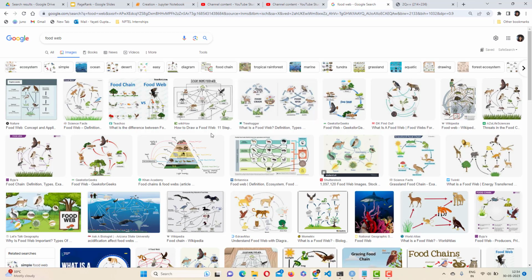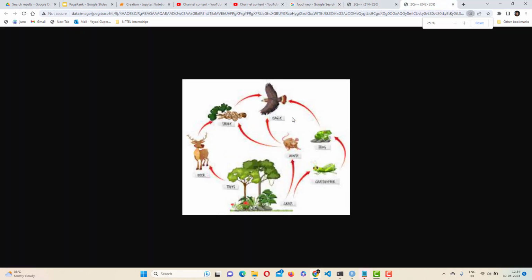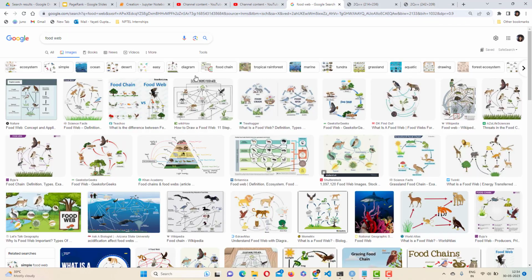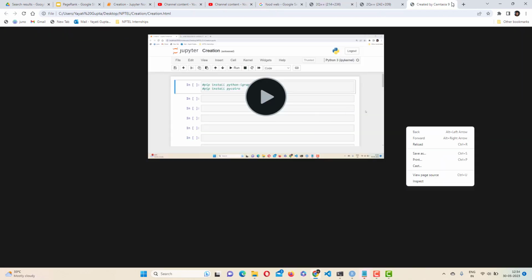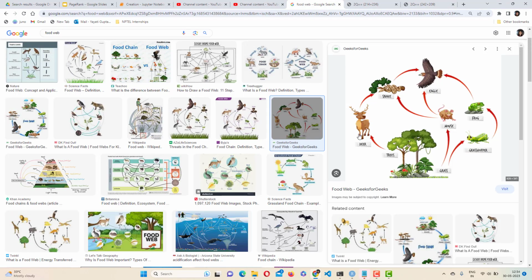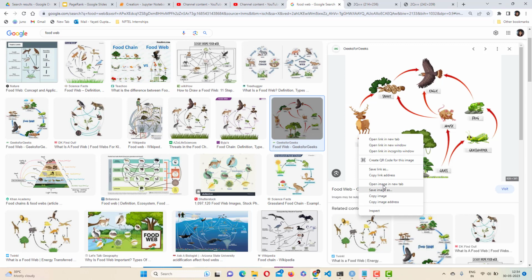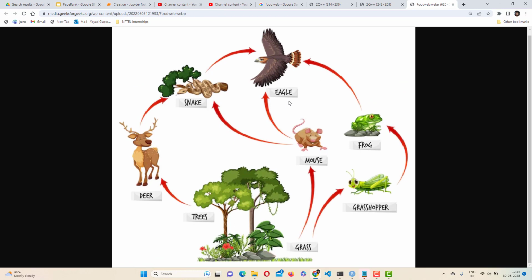If the image is not quite big, maybe this one would be better. Open image in a new tab. Okay, anyways, so it looks something like this. Let me see if I can just show a clear picture. So, necessary tabs popping up. Open image in new tab, and well, yes, right. So this kind of food webs here, all of you might have seen such structures in your school